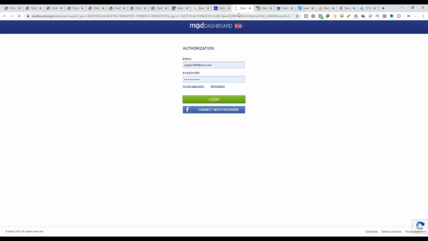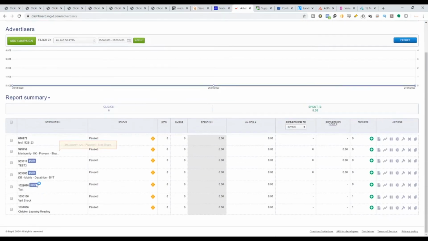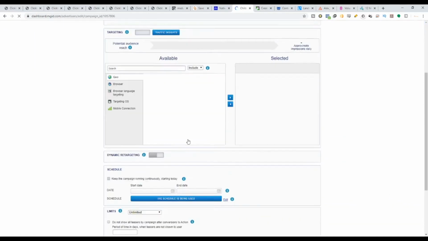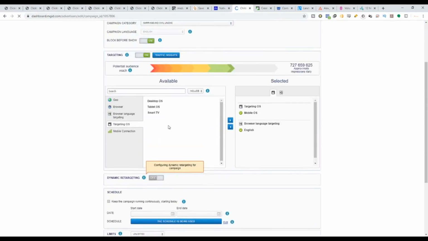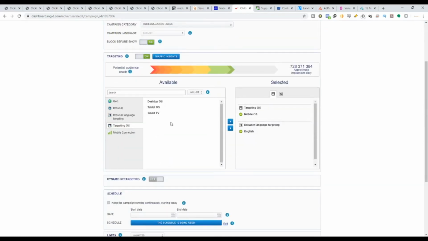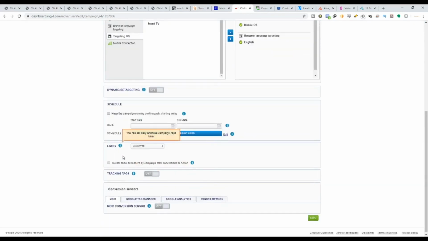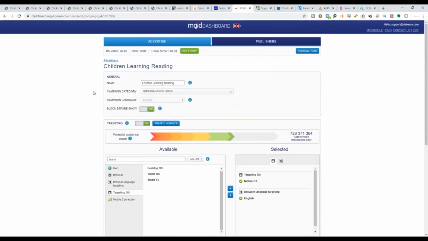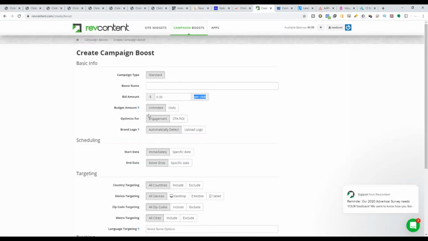With MGID you have to put the creatives first, so I don't think it will work. So let's see a campaign that we did before. Let me show you guys the settings. Okay, you can see over here, right? What happened to my campaign? Why can't I see anything else? Okay, crazy, guys, but whatsoever,